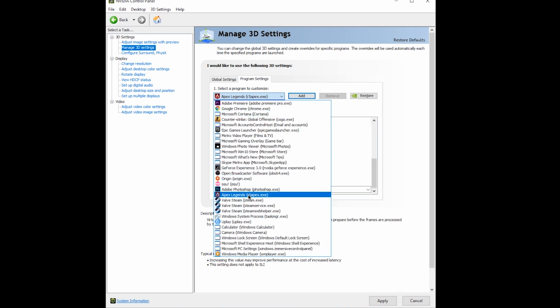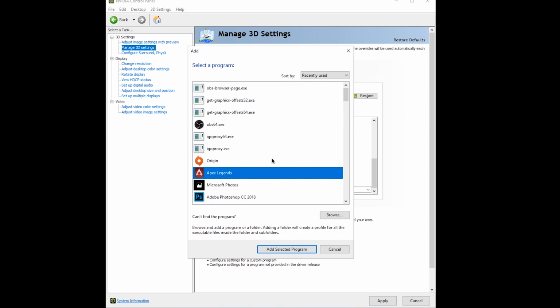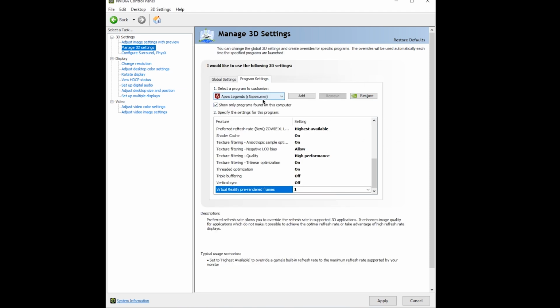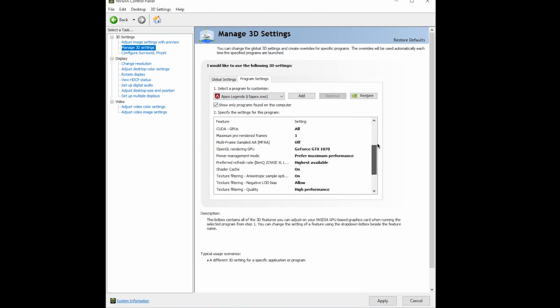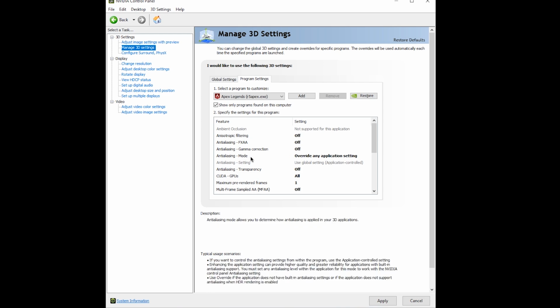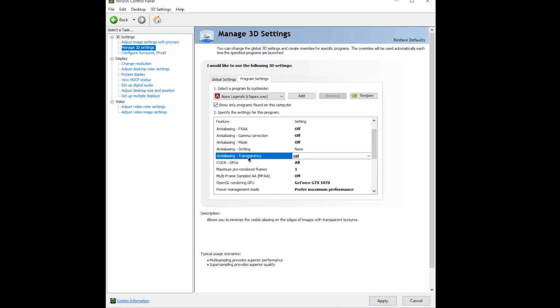If you don't see Apex Legends in this list, you can click add. If you also don't see it there, then you can browse, find where you installed the game, select the exe, and then add selected program and you're good to go. Once that's selected, you want to copy these settings that I have right here: anisotropic filtering off, anti-aliasing FXAA off, gamma correction off, anti-aliasing mode off,